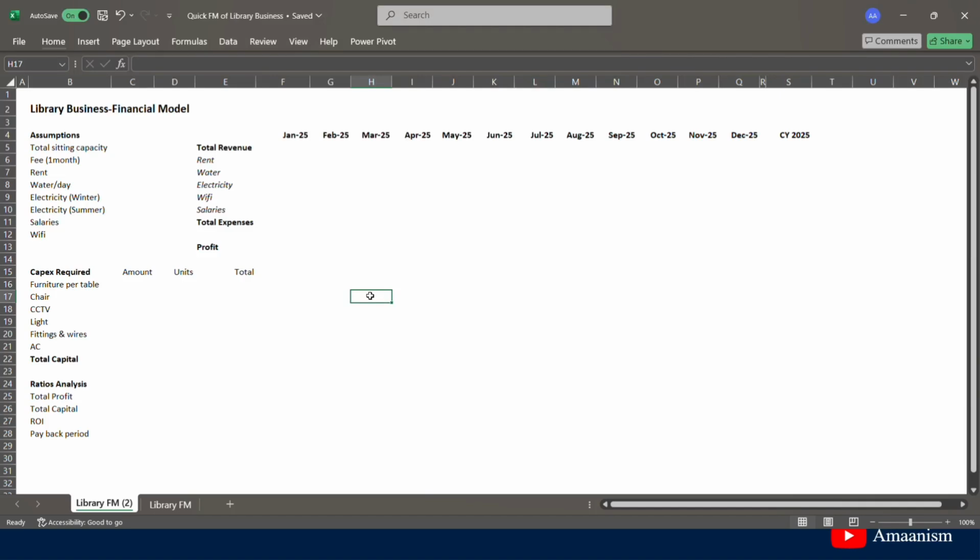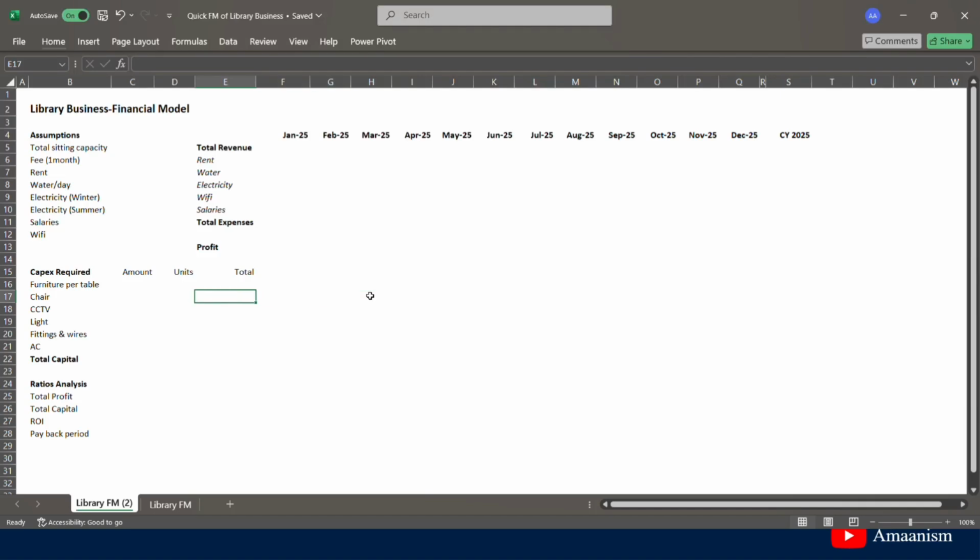So we have to make some assumptions and do some analysis. What would be the subscription fee for this library? What would be the total investment, and would this work or not after putting lots of money in this model? We'll make it from scratch. For example, we'll rent a hall, put all the furniture in it, take all the costs involved, and after that we'll work out how many students we can accommodate in that